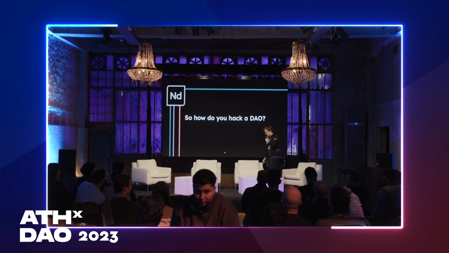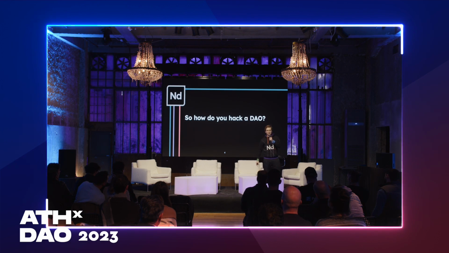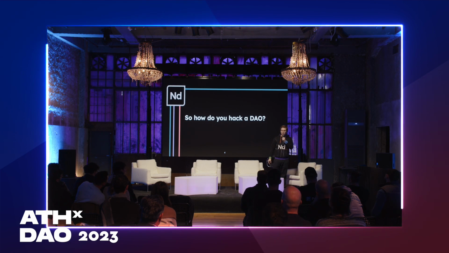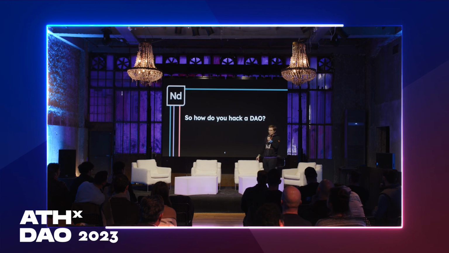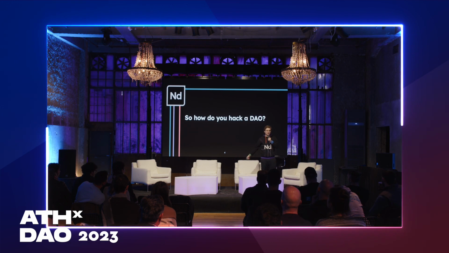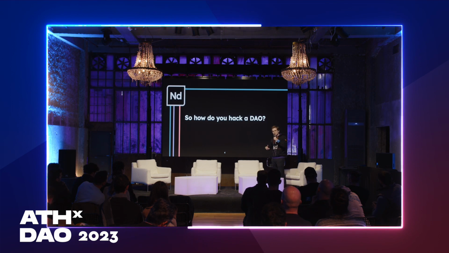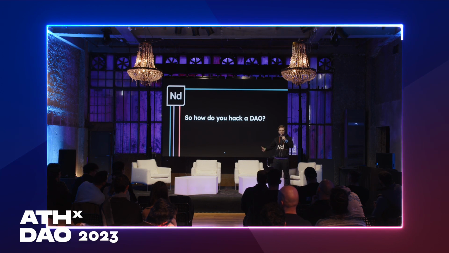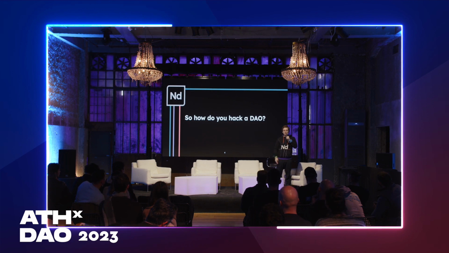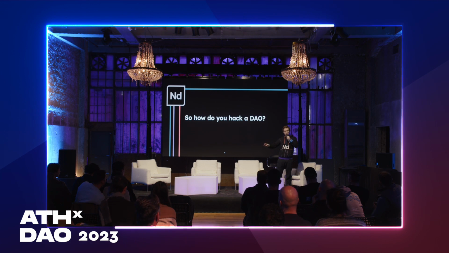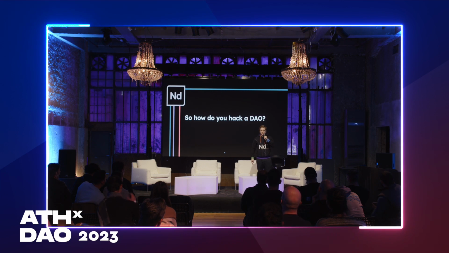So maybe you have a governance token and you can freely trade it on some markets. And anyone who holds this token can participate in this DAO, which means the more tokens you have, the more votes you have, and the more say you have in the decisions of the DAO. It means you create a proposal for what to do as the DAO, and then people vote on this proposal, and depending on how the vote went, so whether most people agree with it or not, then this gets executed